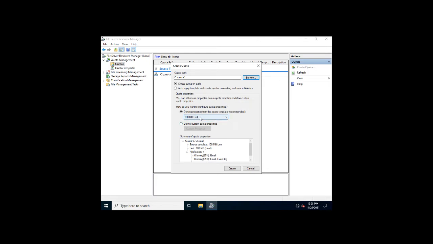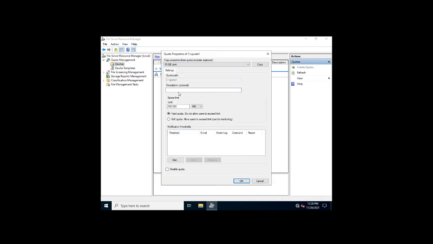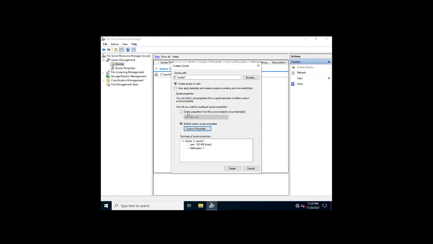By default it's 100 MB, but in case you want something else, you can select from these templates which are created by default. As I have limited space, I will give only a 100 MB limit and go with this one. If you want to create your own quota, you can create it from here. You can give the space as 50 MB, 10 MB, anything. I will go with this one and auto apply template, creating quotas on existing and new subfolders.